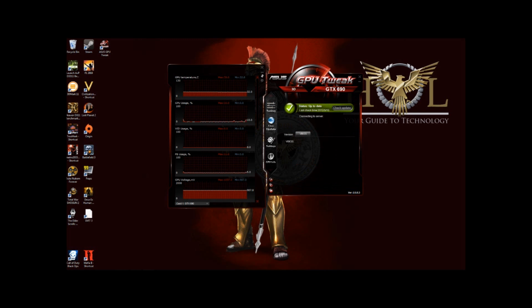Underneath that, we do have a live update tab, which you could go ahead and update your GPU Tweak if there's a new version out, or even if you're using an ASUS video card, you might be able to update the VBIOS. When we go down to the next tab, which is settings, we have